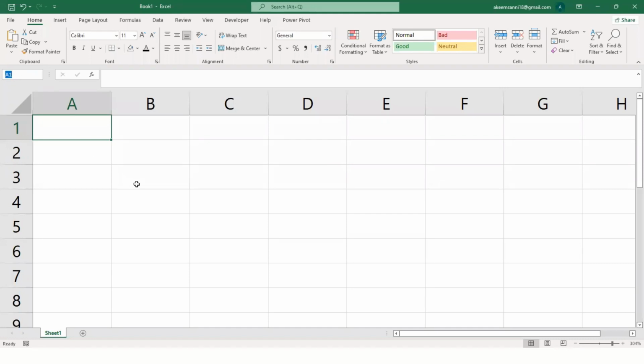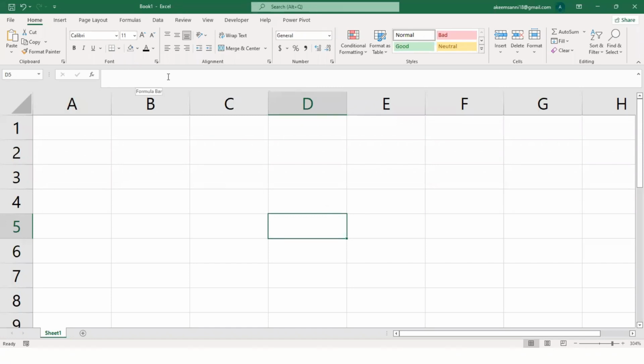If I move down here, now we have column B, row 3. So we can call this B3 because we are in column B, row 3. That is the cell reference. Now this is called D5. As you can see, this is column D, row 5. For those of us that are new to Excel, this is column D, row 5, so they both meet here, and you can see it right here in the name box.